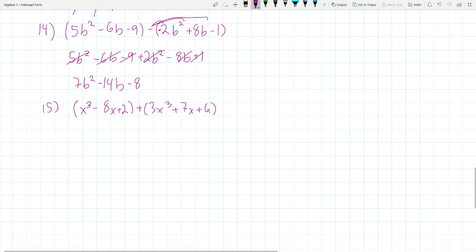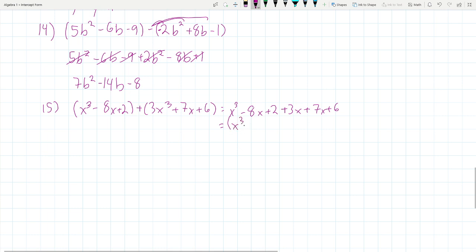For purposes of me, I'll just write through how they did it. I'll probably accidentally be like, why did they do that? So x cubed minus 8x plus 2 plus 3x cubed plus 7x plus 6. That equals